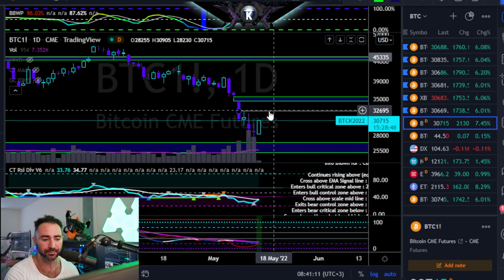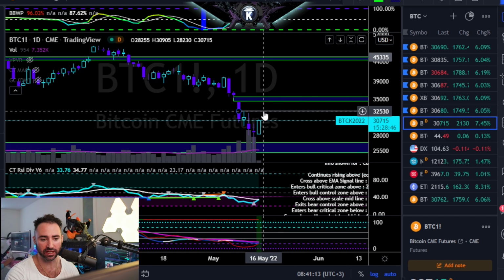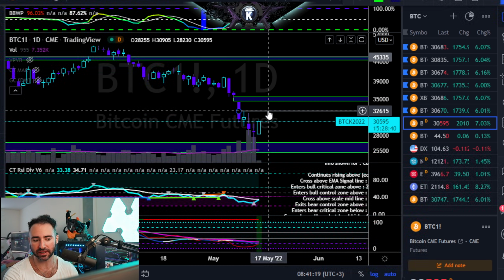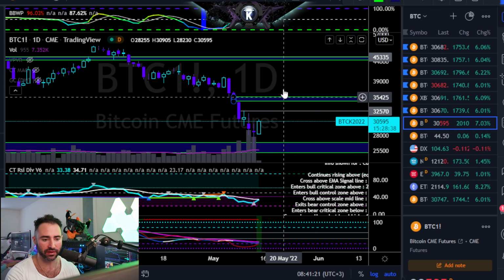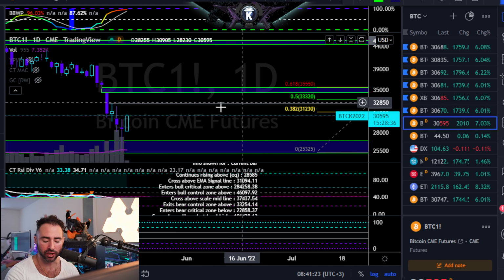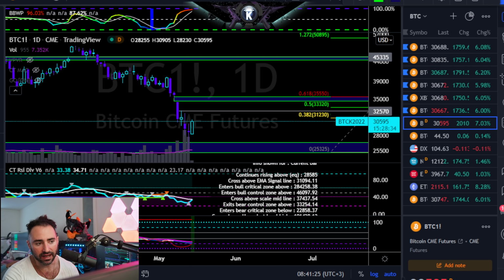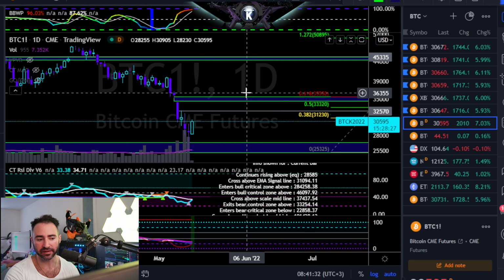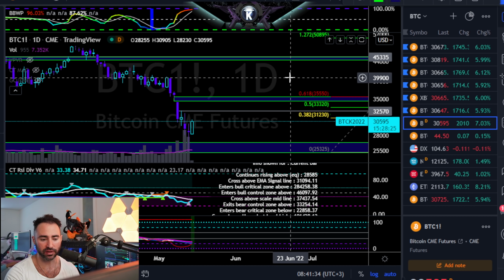In this case, though, again, this is all going to be governed by about that 31, let's just call it 31,500 close on CME specifically. If we see a daily closure above there, I'd be looking for rallies up first somewhere around this region, and then caution around there. And again, I have no reason to believe that Bitcoin puts in a greater rally until we see specifically a daily closure above the 618, which is about 35,550.